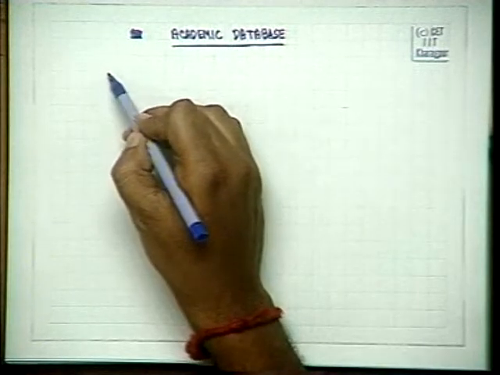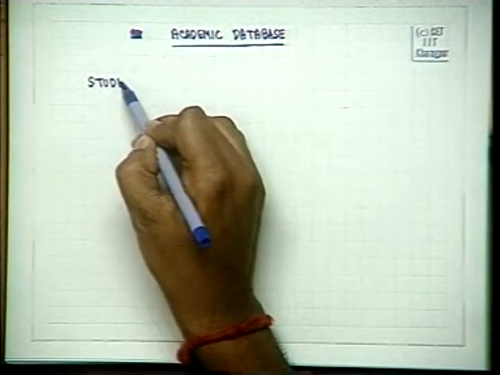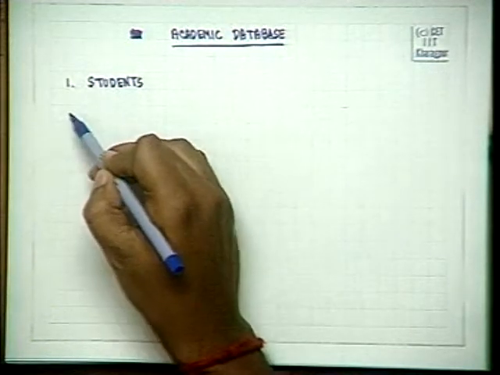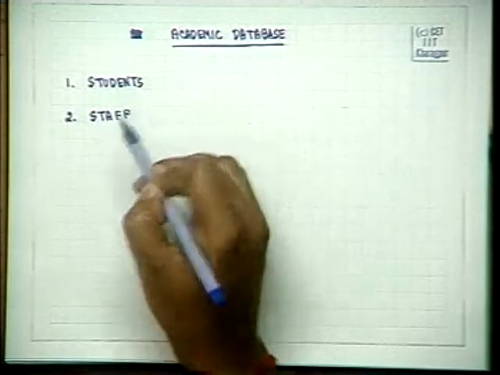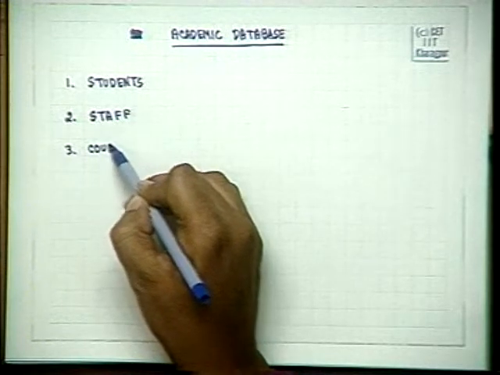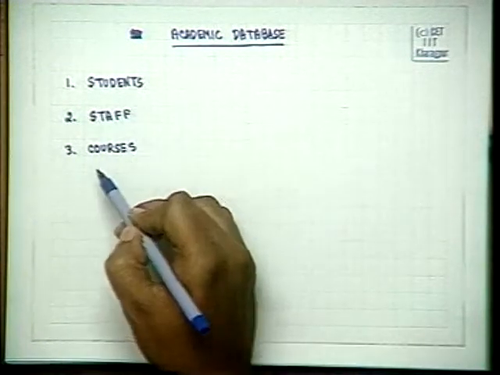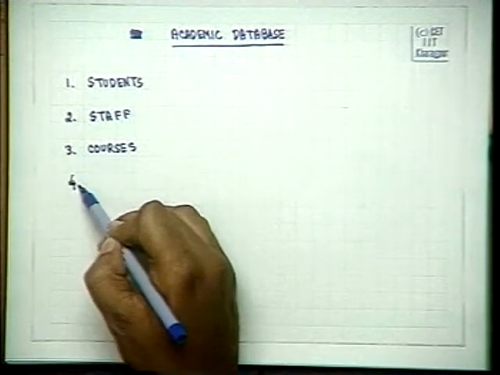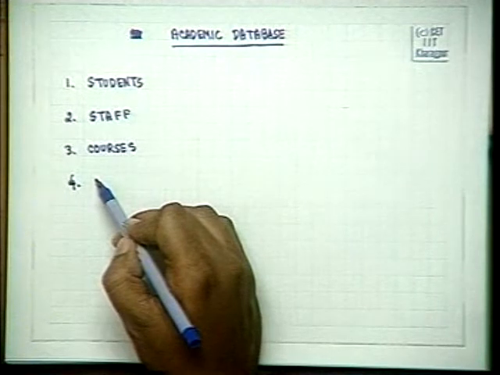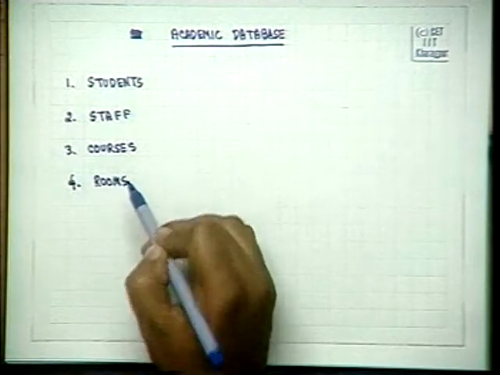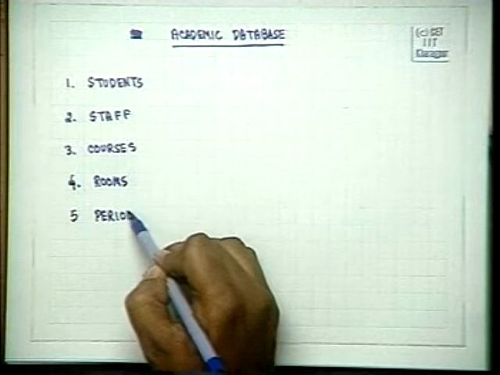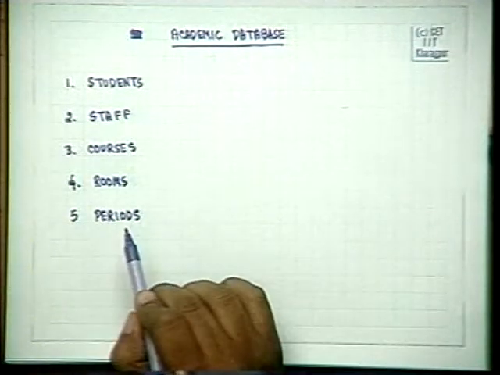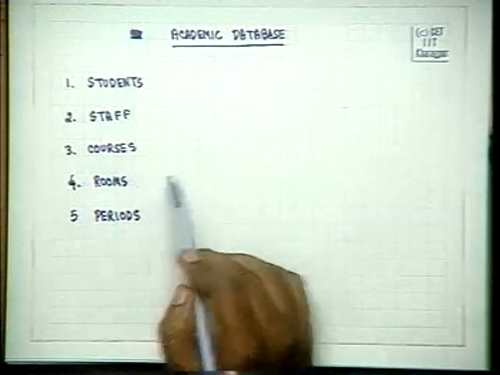Here our entities will be students, then staff, then courses, then fourth one will be rooms, fifth one will be periods or times, that is Monday fourth period, Tuesday third period, Wednesday second period. The rooms will be rooms in every department,